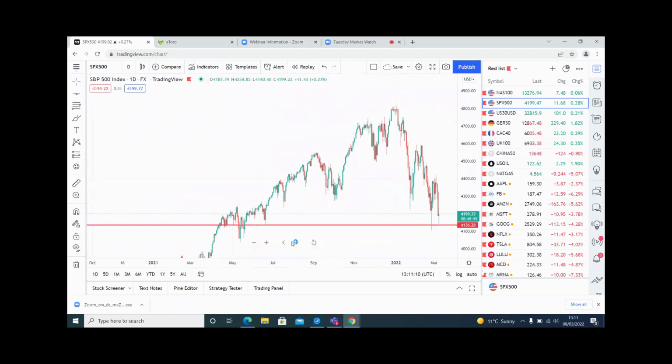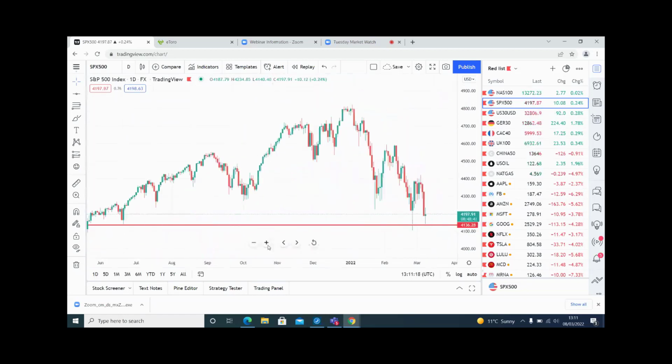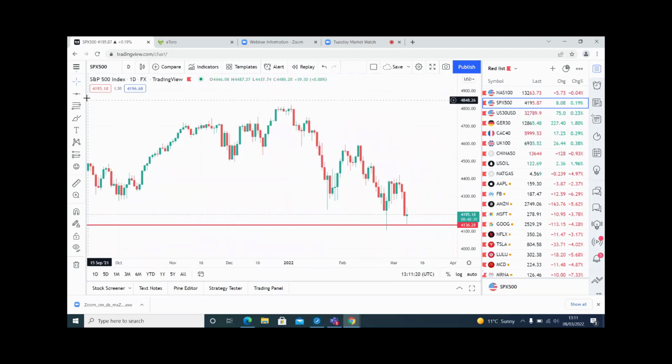Well, that one has a better level. We have 1, 2, 3, 4, 5 bounces. So again, this one's in the very same boat. If I get a trend line on that,